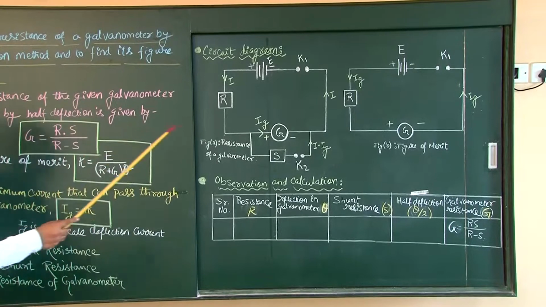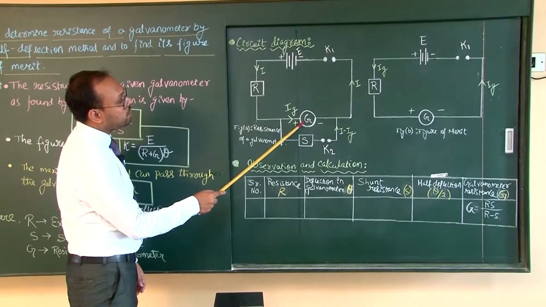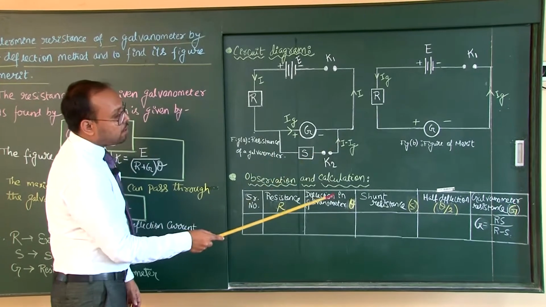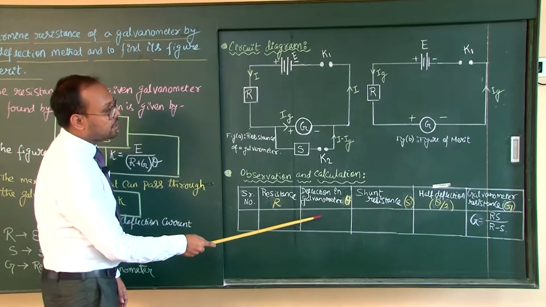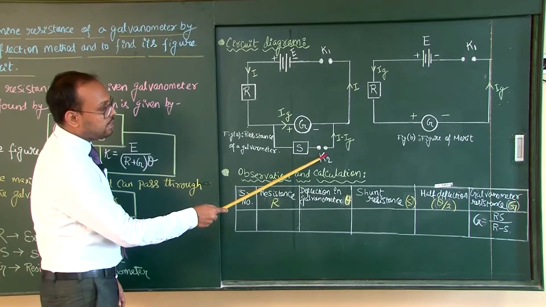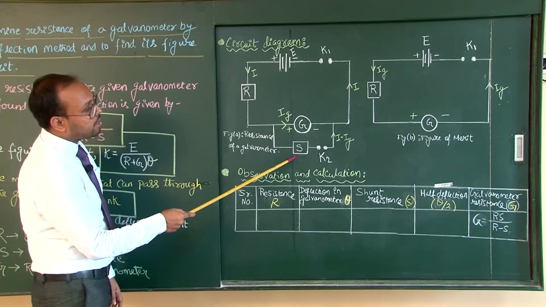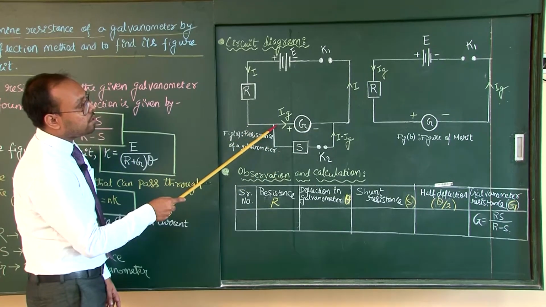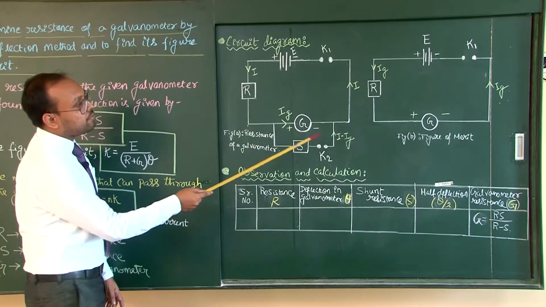Now, when high resistance is provided on this R value, a low amount of current will flow through the galvanometer, so it will show a deflection. Let the deflection be theta. Suppose for a particular high resistance value I am getting a theta value. Next, we will connect the shunt resistance by closing this key K2. When the shunt is connected, some amount of current will also flow through the shunt resistance. So, current will be divided at this particular point, some flowing through this portion and some through that portion. So, the deflection will reduce.